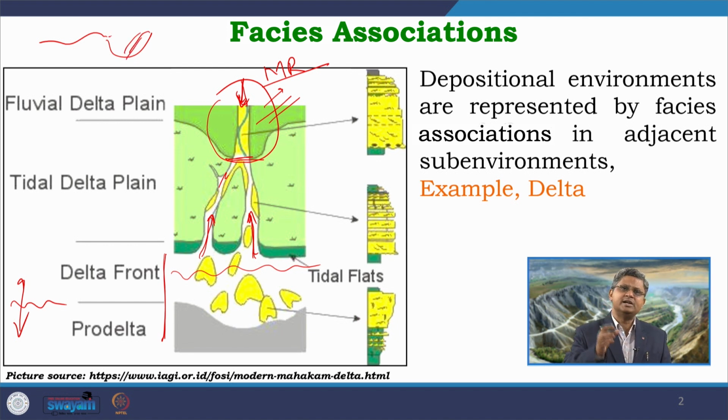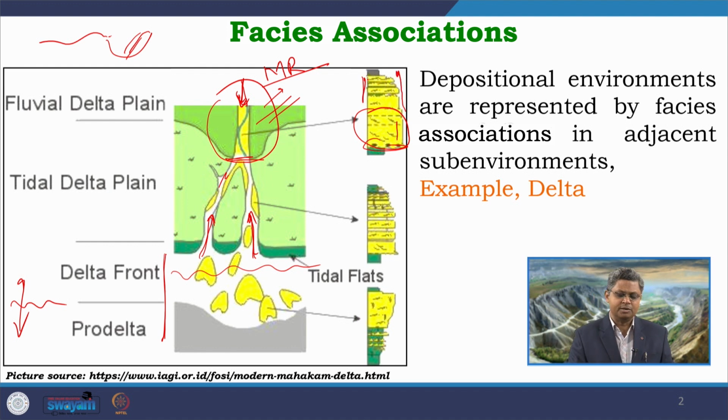So, along the meanders we get development of point bars. So, what can we expect? We can expect formation of this kind of point bars starting from the channel lag deposits with development of large scale cross stratified sandstone units. Sandstones are quite coarse grained to medium grained, and then it is covered up by overbank areas where we get